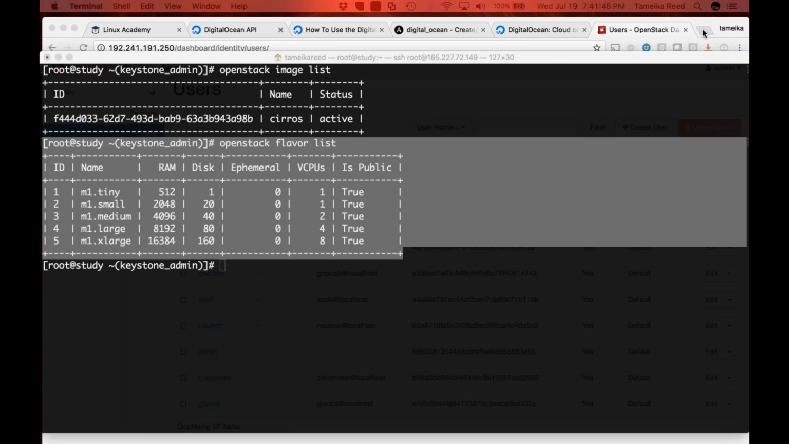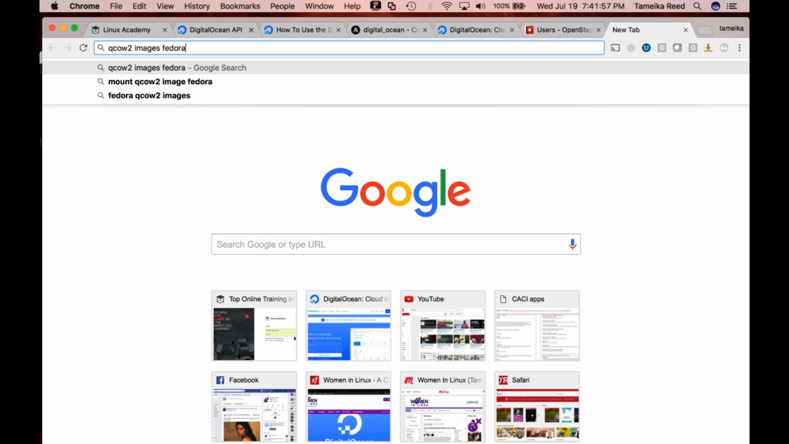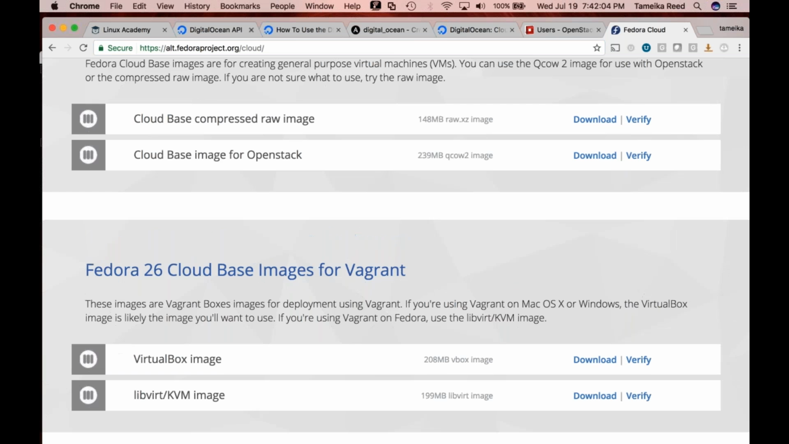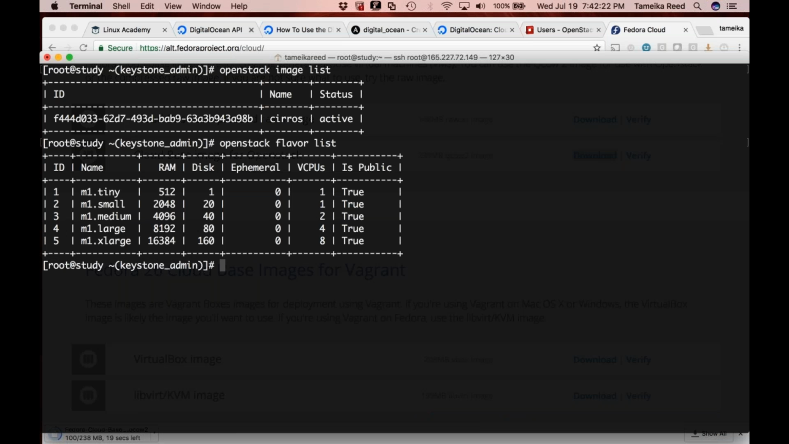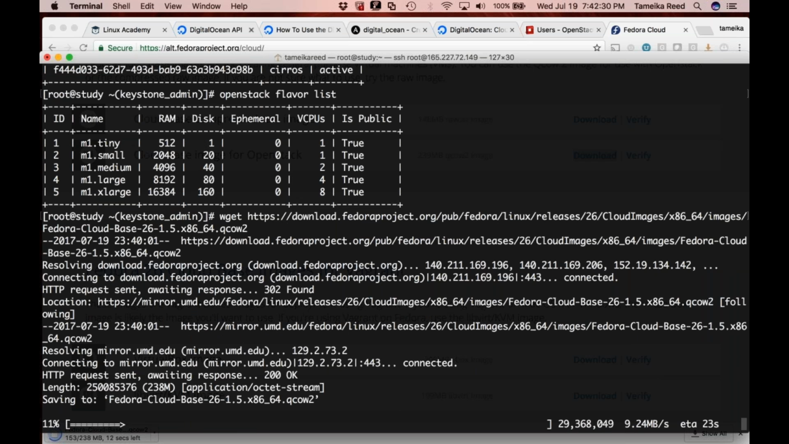So if we went here, we could say QCow2 images, Fedora. I could grab one of these images here, cloud-based OpenStack download. Yep, yep. So I could take this and upload this to my, let me see if I can get this to do what I need it to do. All right. So I'm getting a QCow image, and I'm going to upload this to my image list as Fedora,